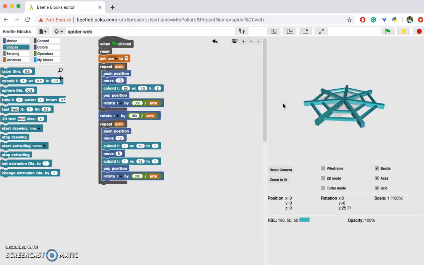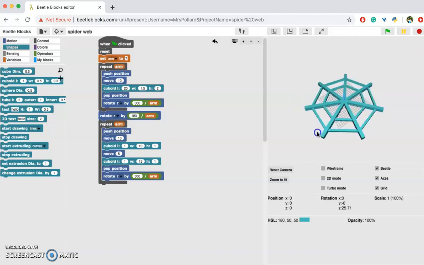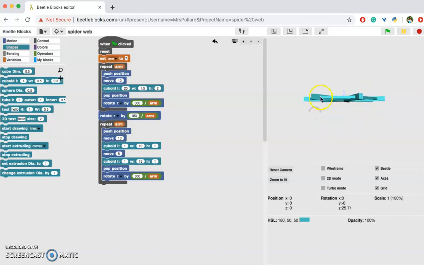Okay, one more thing, and I'll play around with it a little bit more, but there's one more thing I need to note. If I look at this from the XY plane, I can see that because I made those crossbars smaller, they're not flush with the bottom, and those are going to cause a bunch of bridging when I try to print it. So I could make the height the same, but I like the way it looks. So what I need to do is move the beetle down in the Z axis so that these crossbars are flush with the bottom. So when I print, I don't have any problems with the bridging or